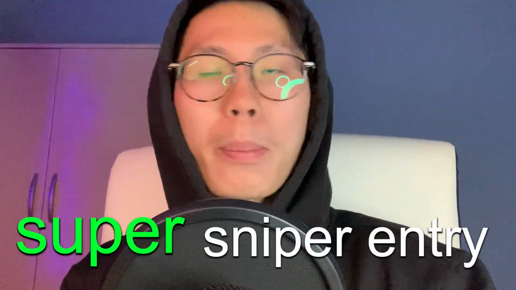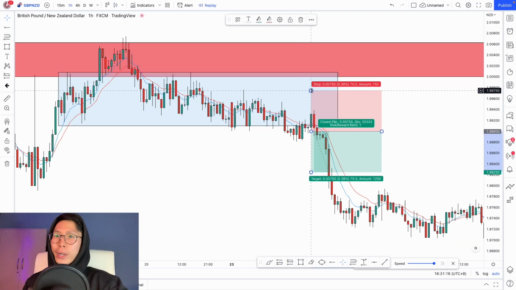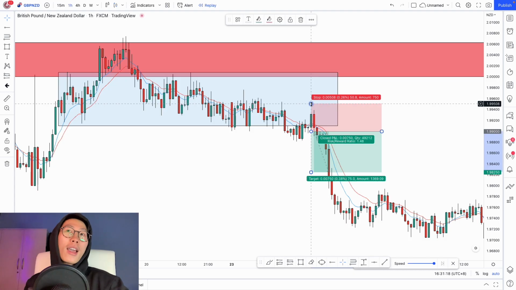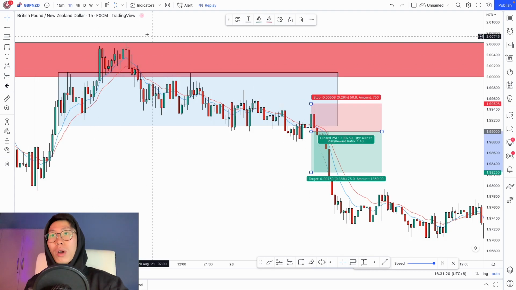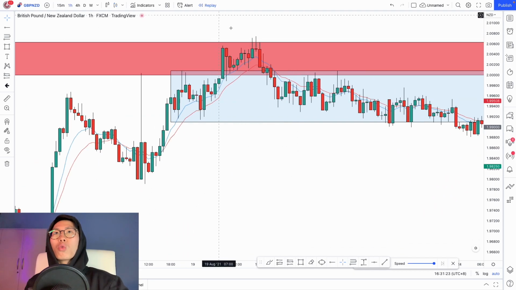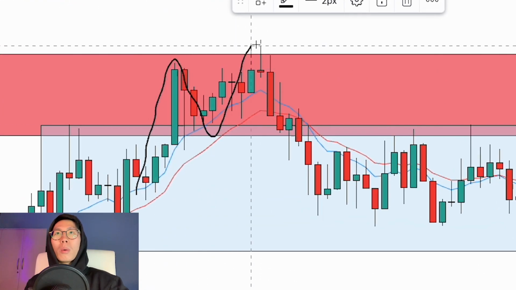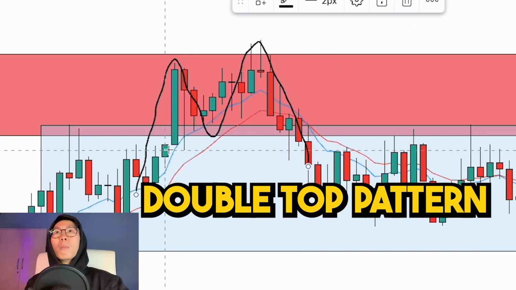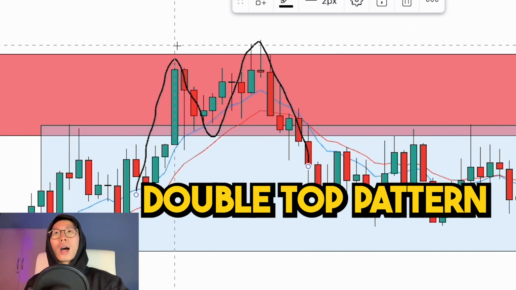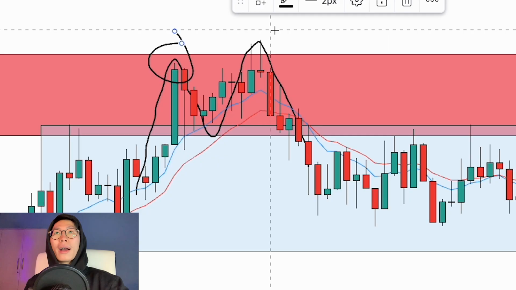But if you are talking about a super sniper entry, we cannot be entering right here because this is kind of too late, man. You want to be entering somewhere around here, right? So if we zoom in right here, we can see that price actually formed a double top right around this area. The moment price showed us that it went up once, went up again,